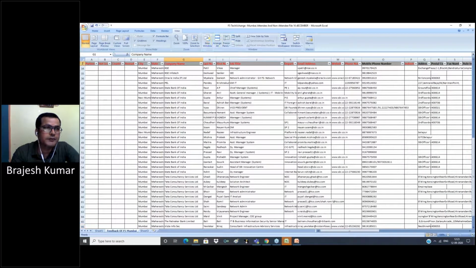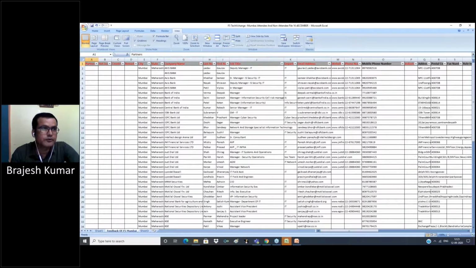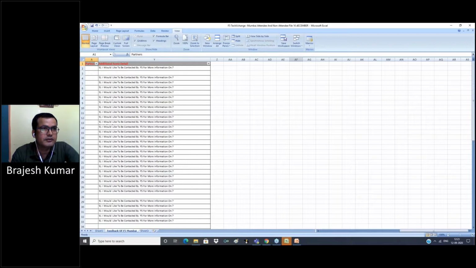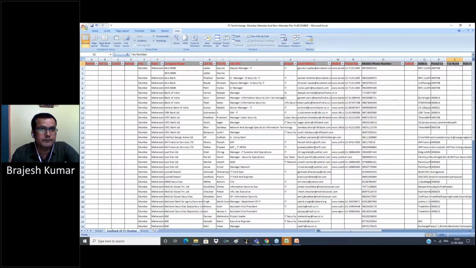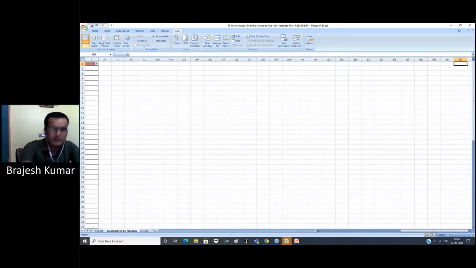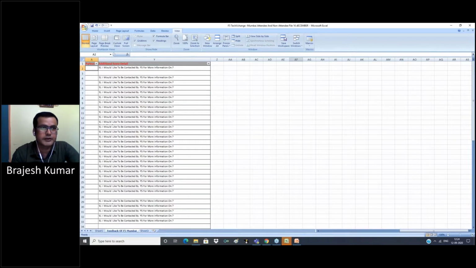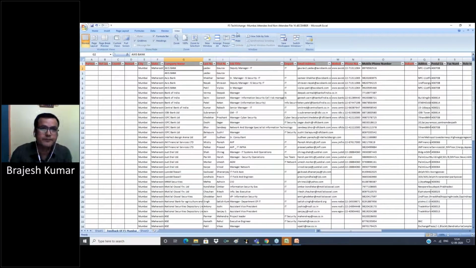Now unfreeze panes. If we want to freeze a column, not a row, then we can select Freeze First Column. Now this column is frozen and always shown. Again unfreeze panes.